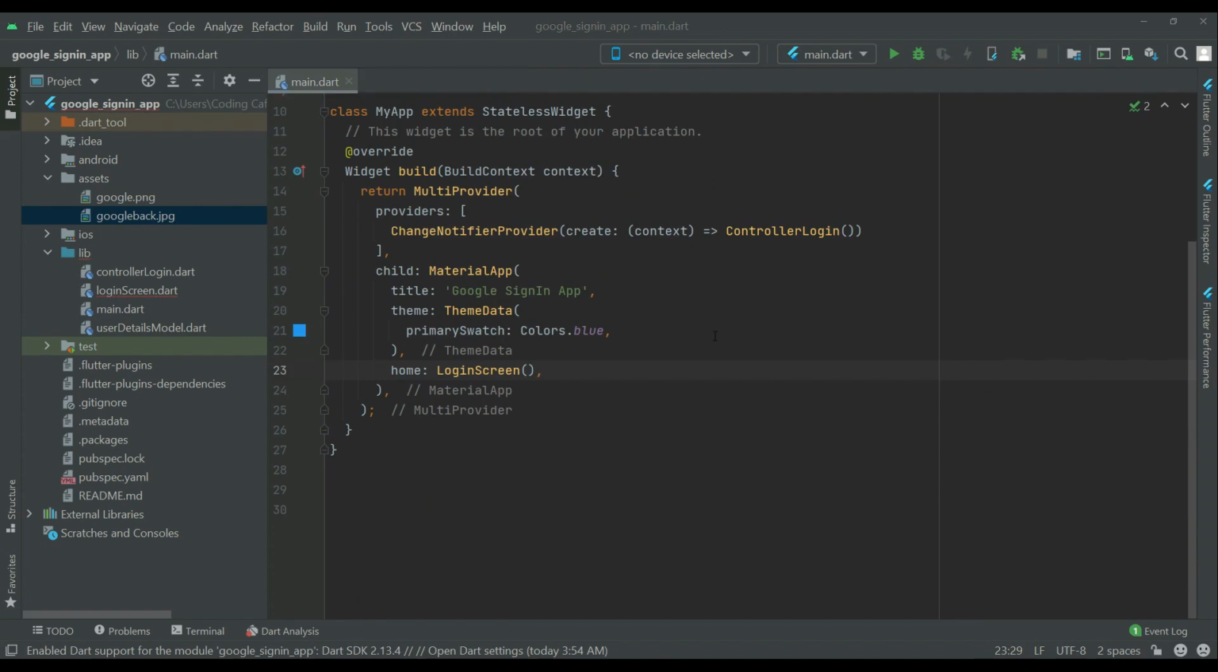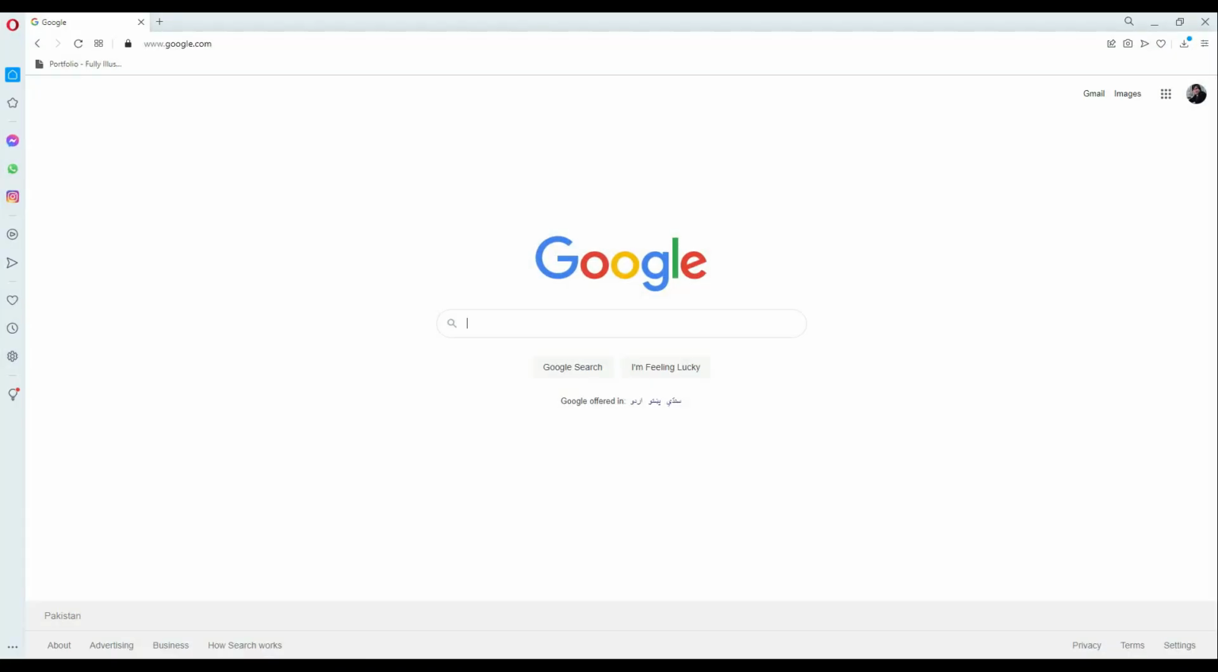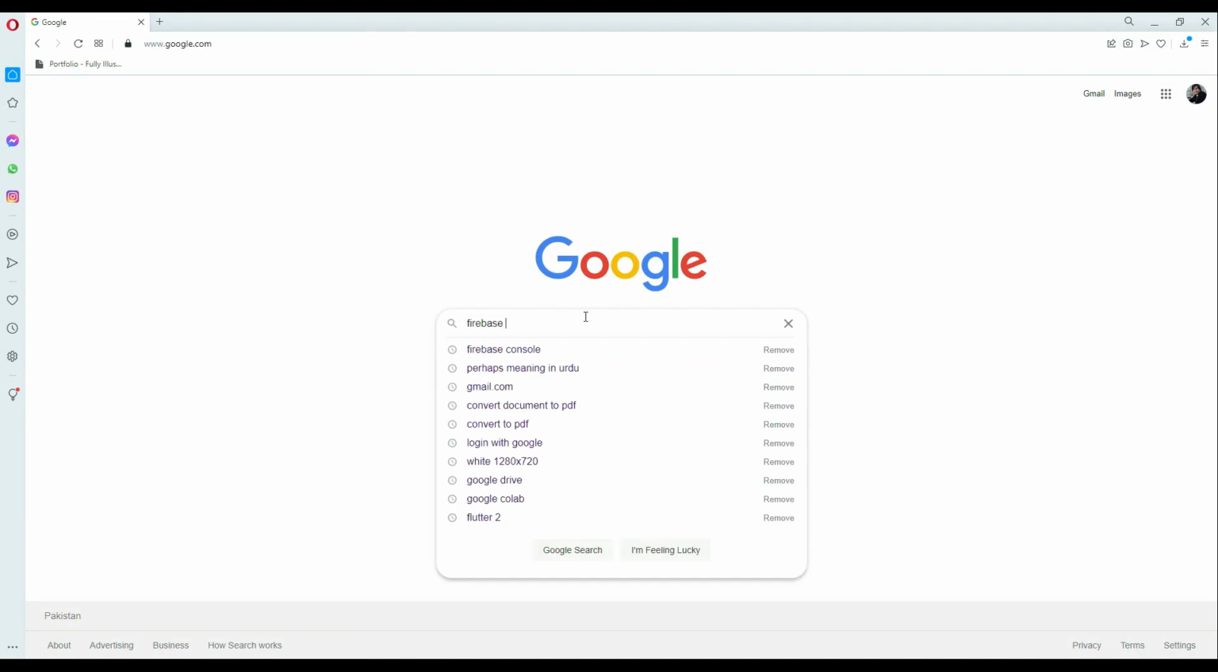Now the last thing is basically, as you know, Google sign-in works with Firebase. So we have to create and connect this Flutter project to Firebase. For that, open up your favorite browser and make sure that you are logged in to your Google account. Once you are logged in, you can simply search for Firebase console,